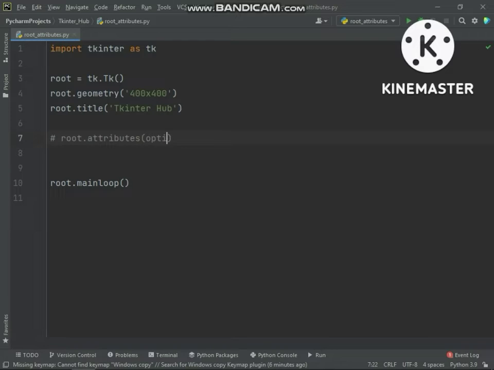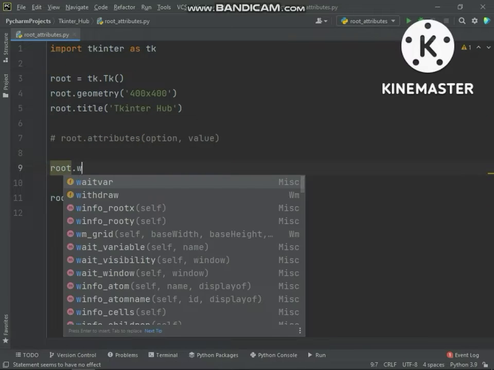The root.attributes method takes two arguments. One is the option and the second is the value of the given option. The options are specified according to your platform, like Windows, Linux or Mac. Now we will get the specified options for use with the root.attributes method. To know these specified options we will use